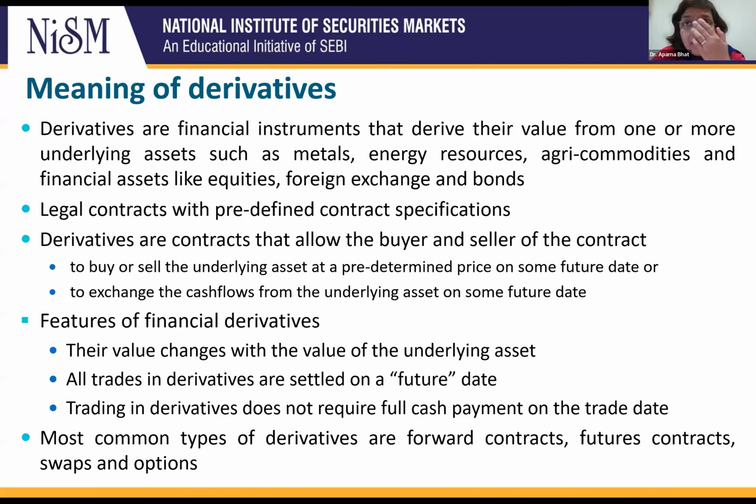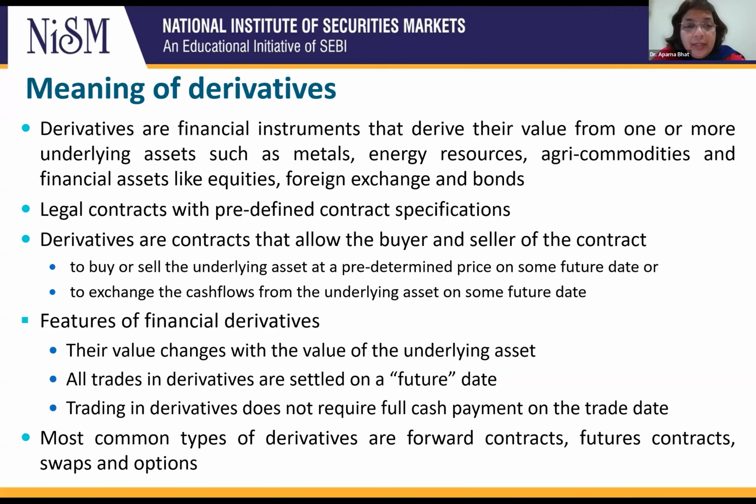Many times, people ask, are derivatives assets? What do you call an asset? Equity shares in a company that you hold, they are assets. If you hold any real estate, that is an asset. If you own a house, a residential property, that is an asset. If you hold gold, that is an asset. Derivatives by themselves are not assets. What are they? They are simply contracts.